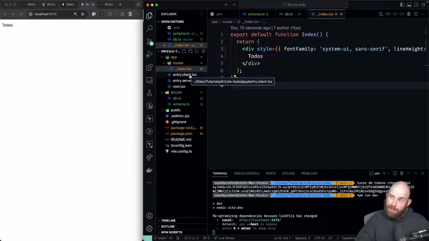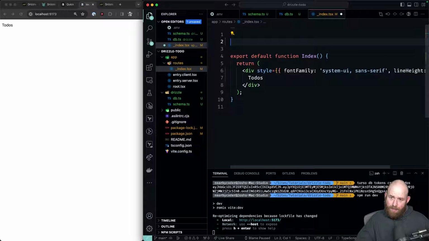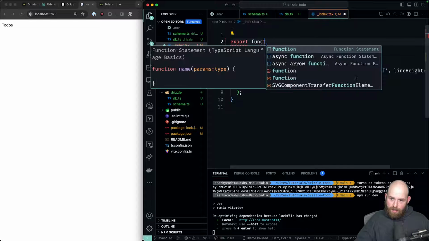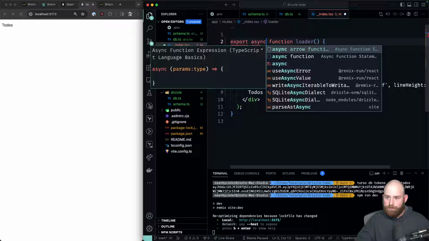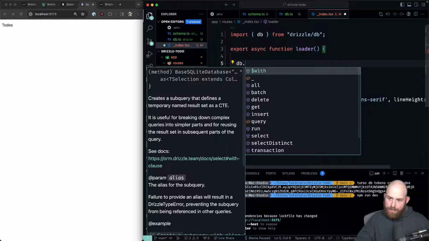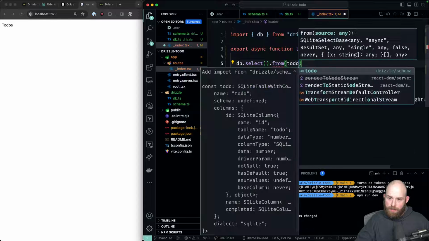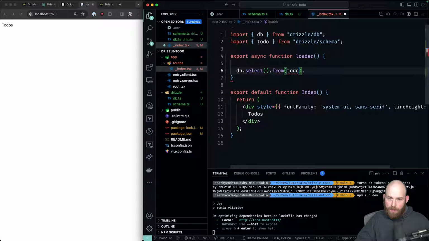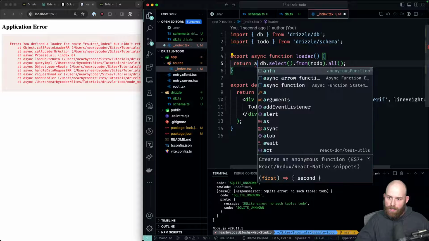The next thing we want to do is, this could be the list page, and then we'll do a new page after this. So we want to get all of the to-dos showing on this page. So if I say, let's see, export function loader, and then we'll say this is going to be an async function, and we'll say db from Drizzle dot select dot from to-do. This is going to be an import. dot all,